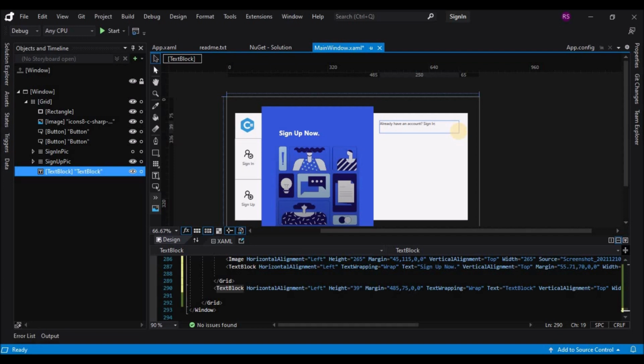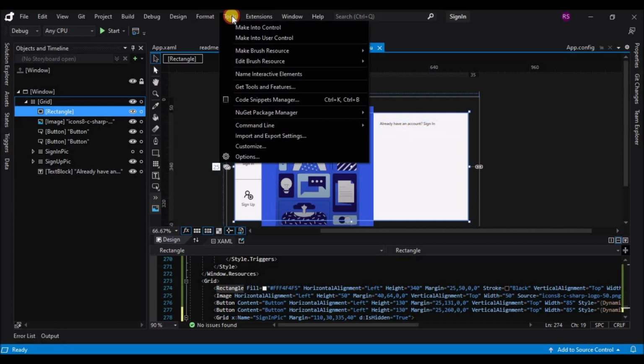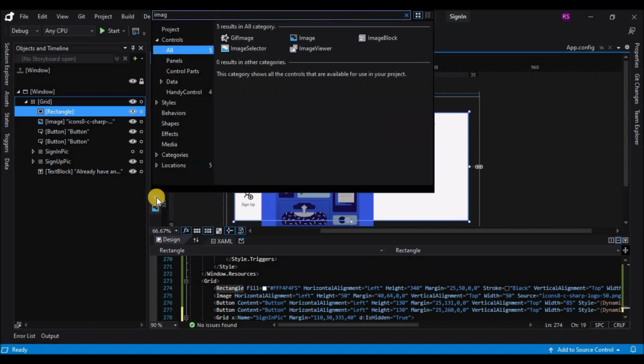Okay, we are done adding the text. Okay, so next we'll add a text box. For that we will go to the handy controls. Let's look for the text box here.